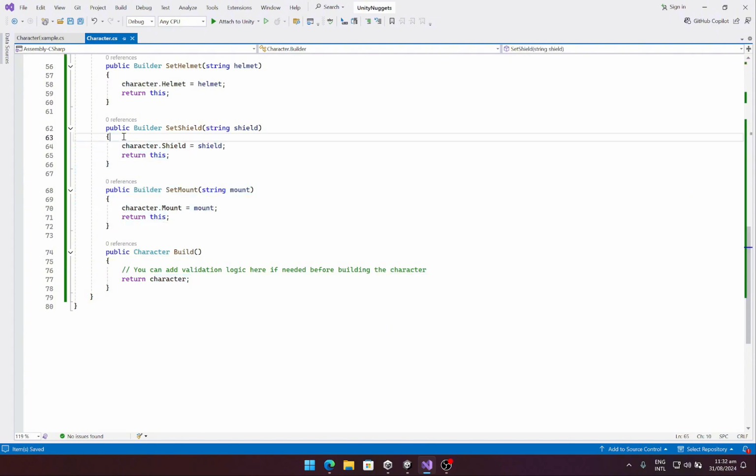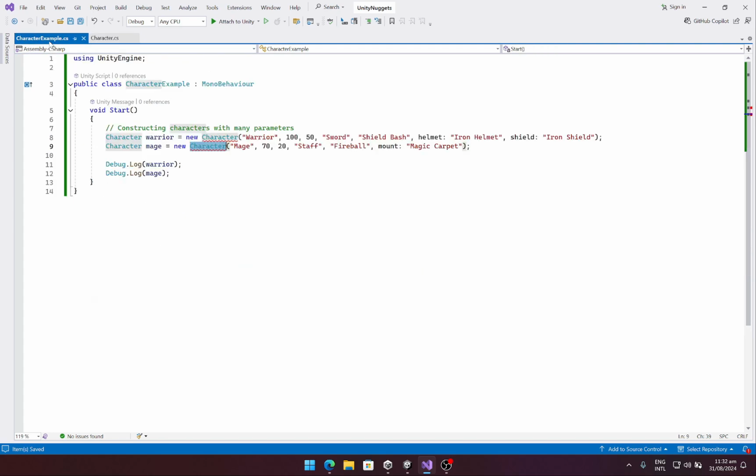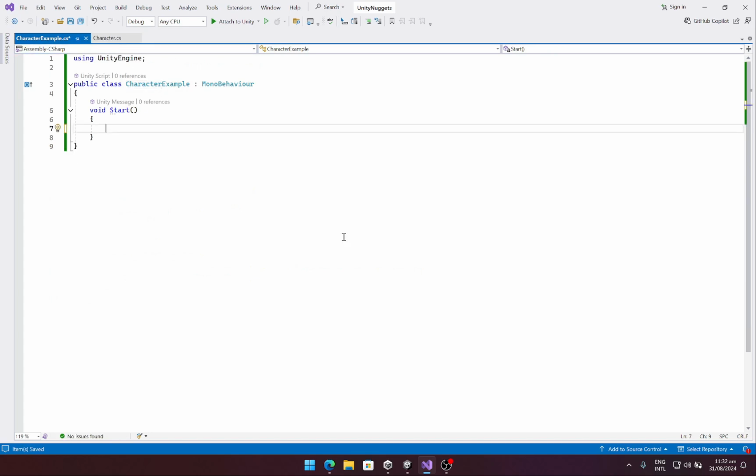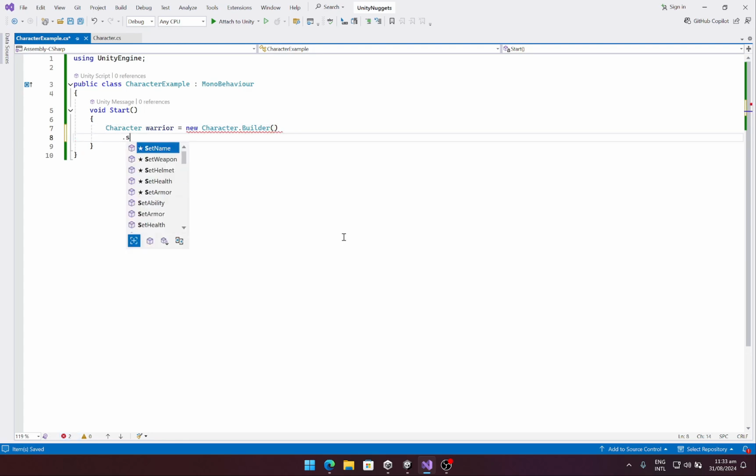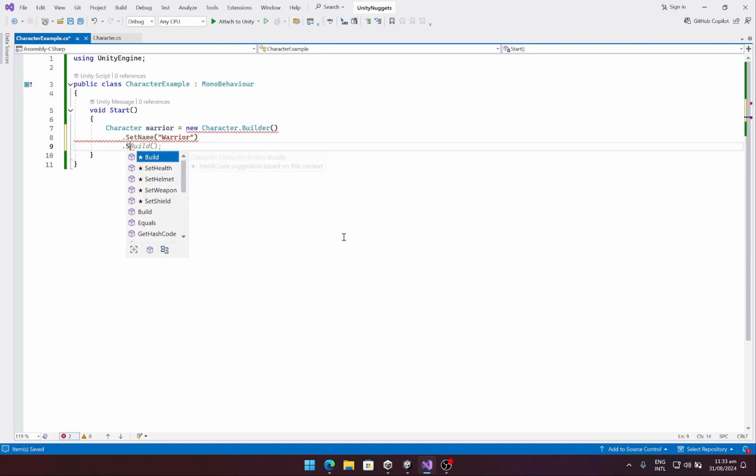And now how can we use this? Let's go back to the character example and use our new builder to actually create the character. Let's say we want to create a warrior, so we would say Character warrior equals new Character.Builder, and we would say setName to warrior, dot setHealth